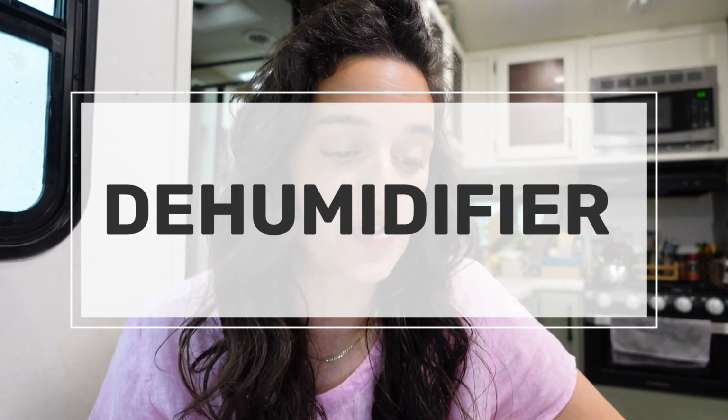I just looked up which dehumidifier we use. The Kesnos dehumidifier for home and basement. This thing is amazing. It's big, as a lot of dehumidifiers that work are. I know there's some people that get a lot of little tiny ones. We tried putting little tiny ones around the house and we just found that it wasn't working for us. So we got one big dehumidifier, placed it in the middle of the RV, and we found